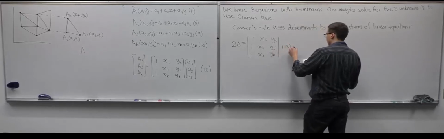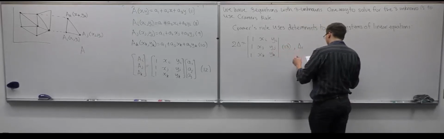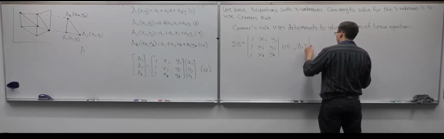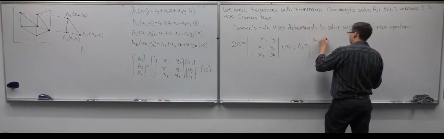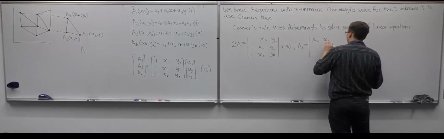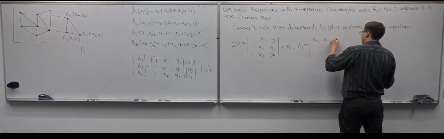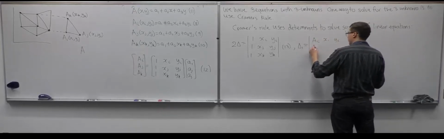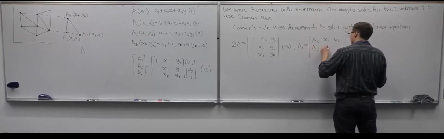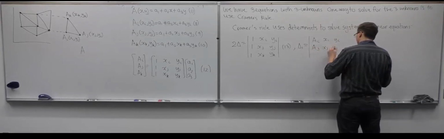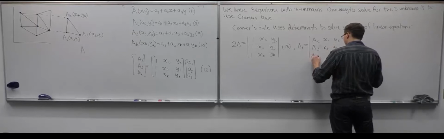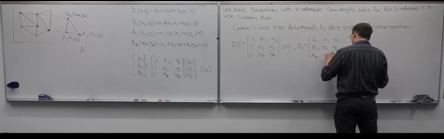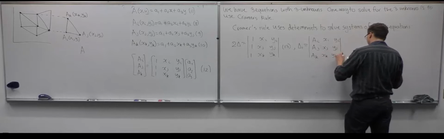Now we can also define delta 1 as equal to the determinant with rows ai, xi, yi; aj, xj, yj; ak, xk, yk,